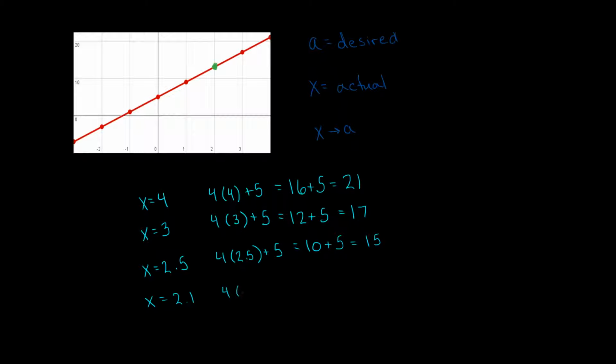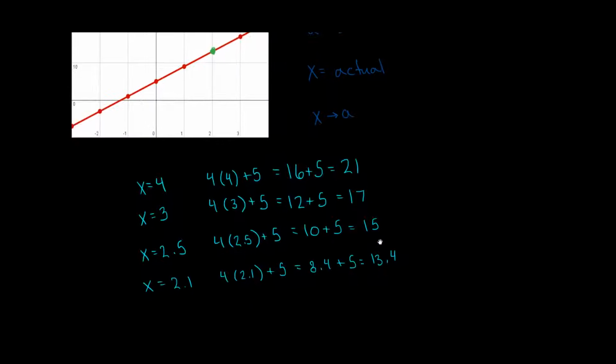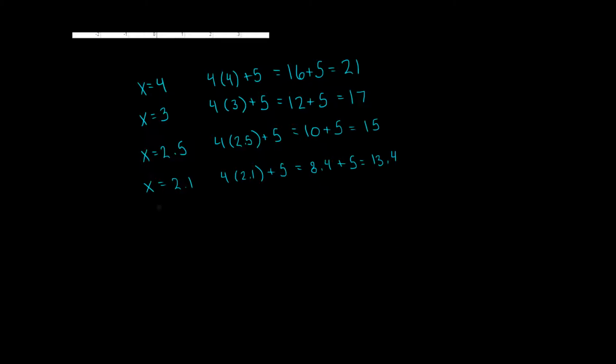We have 4 times 2.1 plus 5. 4 times 2.1 is 8.4, plus 5 is 13.4. Now, since we're trying to get closer and closer to 2, let me try 2.01. That's 4 times 2.01 plus 5, and 4 times 2.01 is just 8.04, plus 5